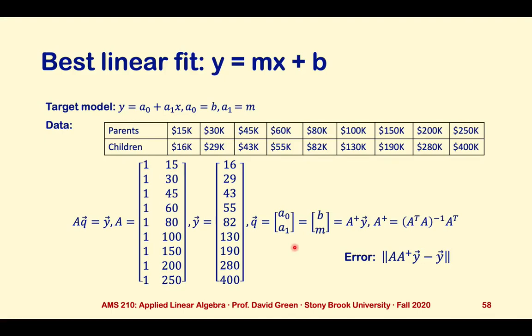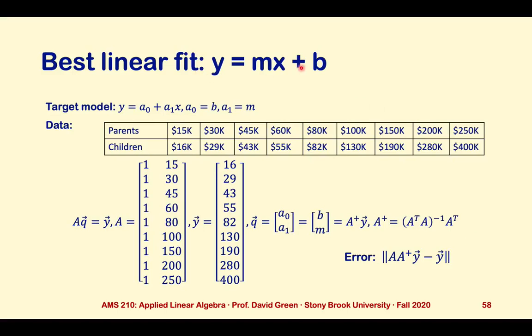If we want just a single number to describe the error, we can get that by looking at the norm of the difference between the actual answer and the target answer y, and the actual answer, which is given by A times Q, where Q is A pseudo-inverse times Y, so the error A pseudo-inverse Y